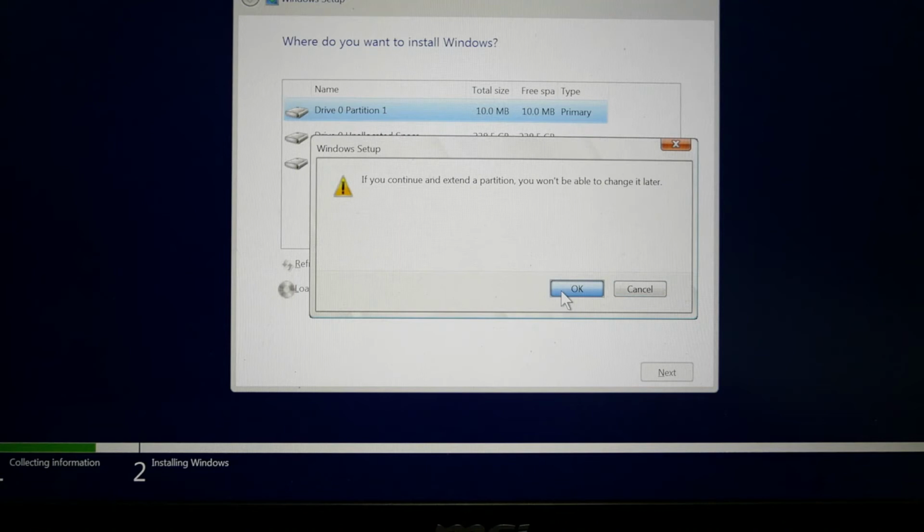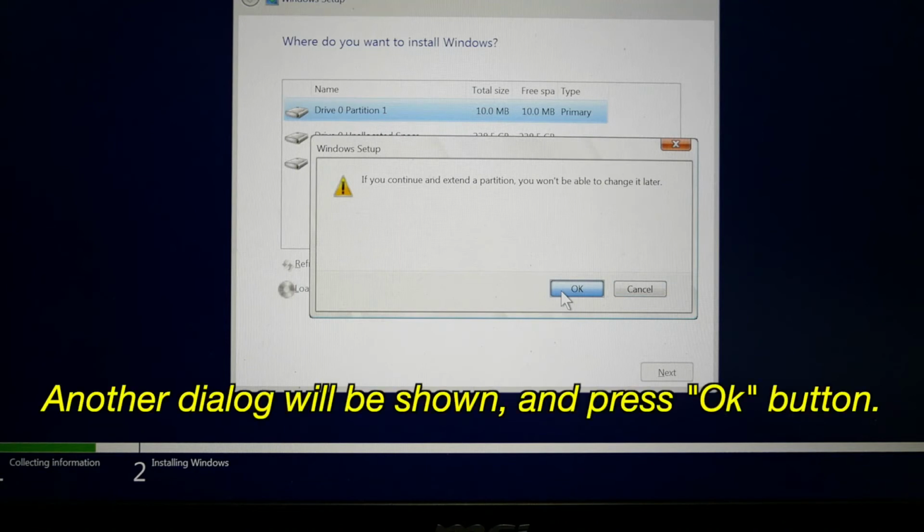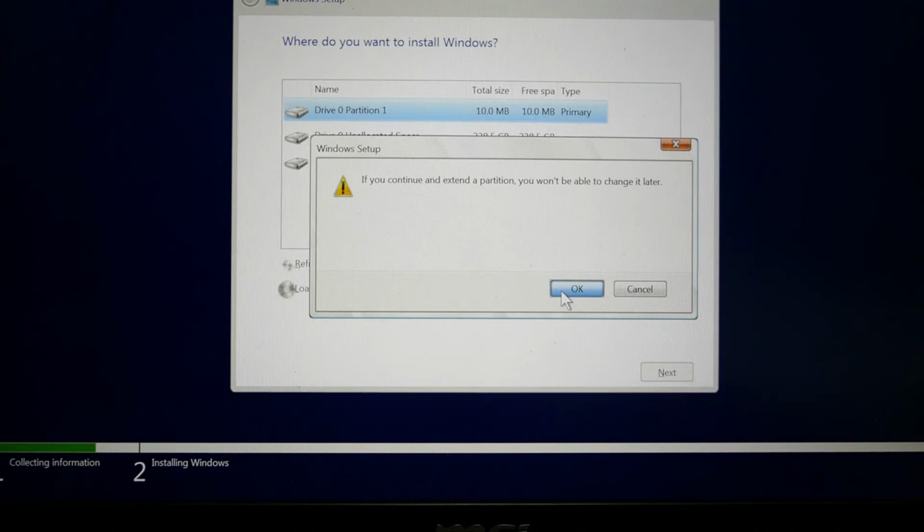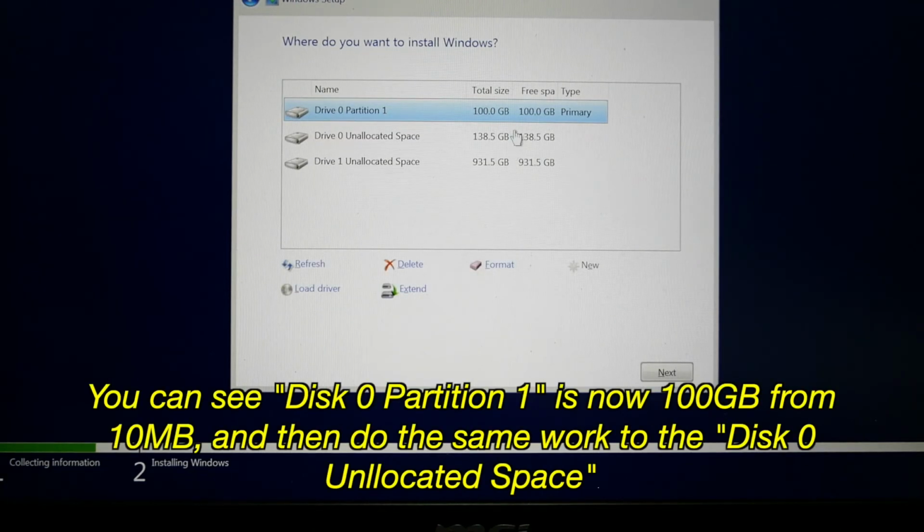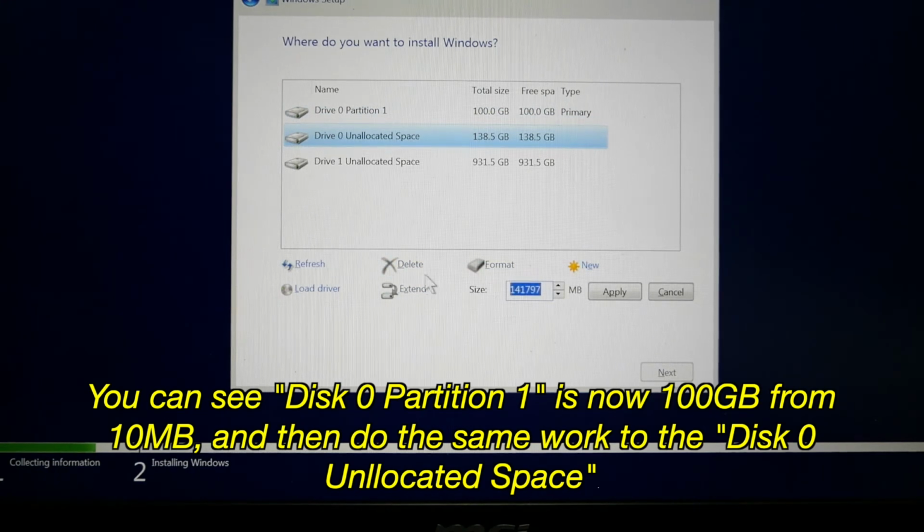That is not a big deal, but if you don't want to lose any space, calculate the right size and assign the size when you extend the partition. And then you can see the dialog, and press OK button. See, now you can see disk 0 partition 1, 100 GB, and primary. If you see all these labels, it means the process is successful,